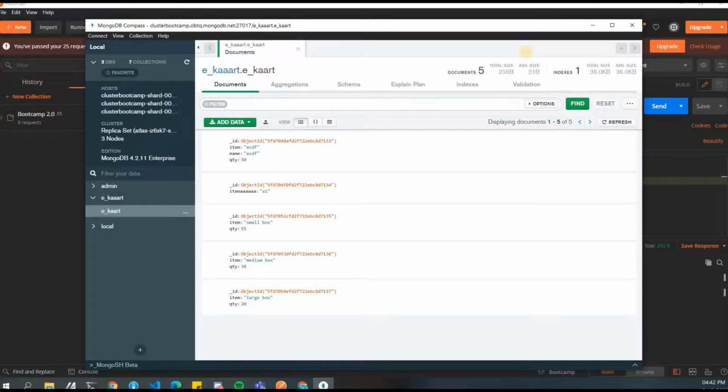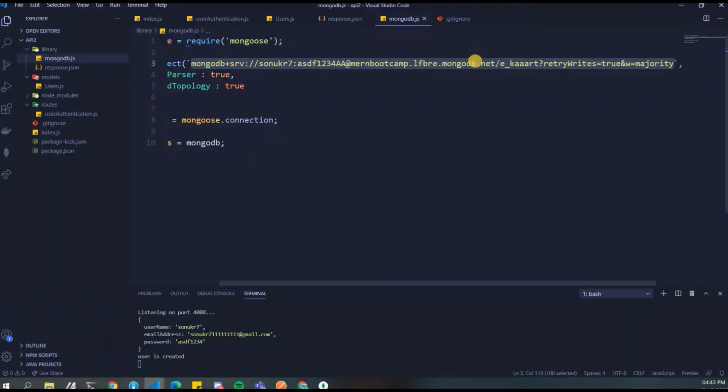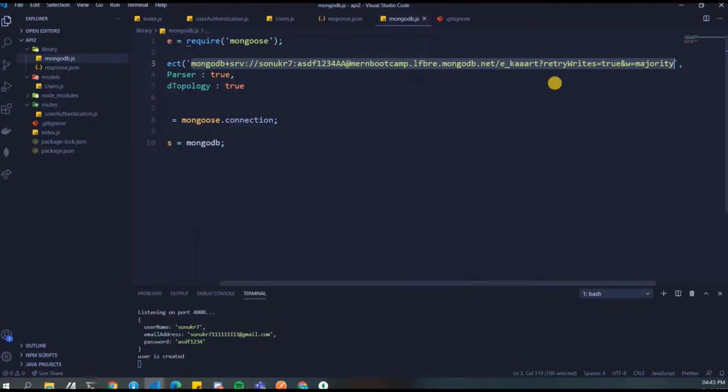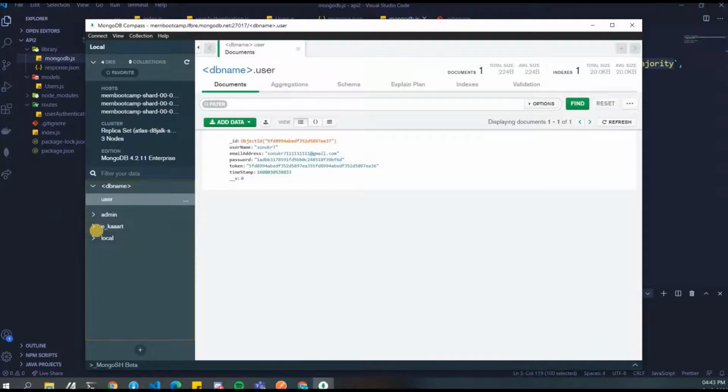So it's not coming up. We'll see about it, or maybe there is some problem, but we'll see. So guys, the problem was, you can go ahead and see that the username and password that was given in our MongoDB Compass were different. So you can always copy this and paste it there. And now you'll see this.